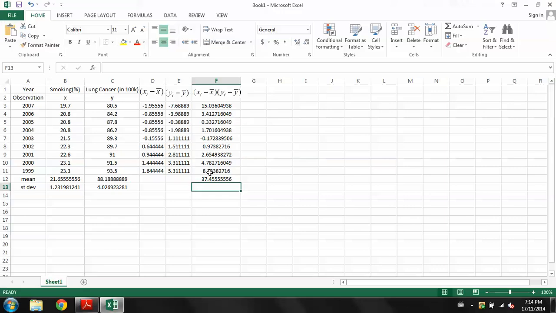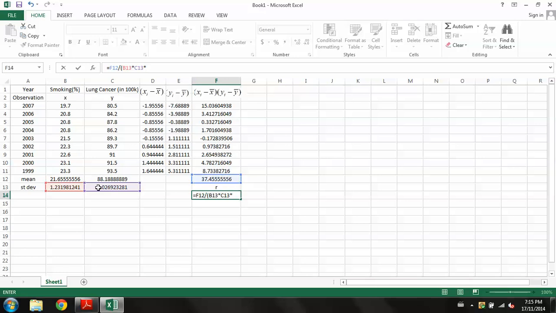The R is, and here I can say that it's equal to the sum, over, and then open a bracket, choose the standard deviation here, multiplied by the other standard deviation, multiplied by 8, which is n minus 1 in my case, and then I hit OK. So I found here the correlation coefficient,